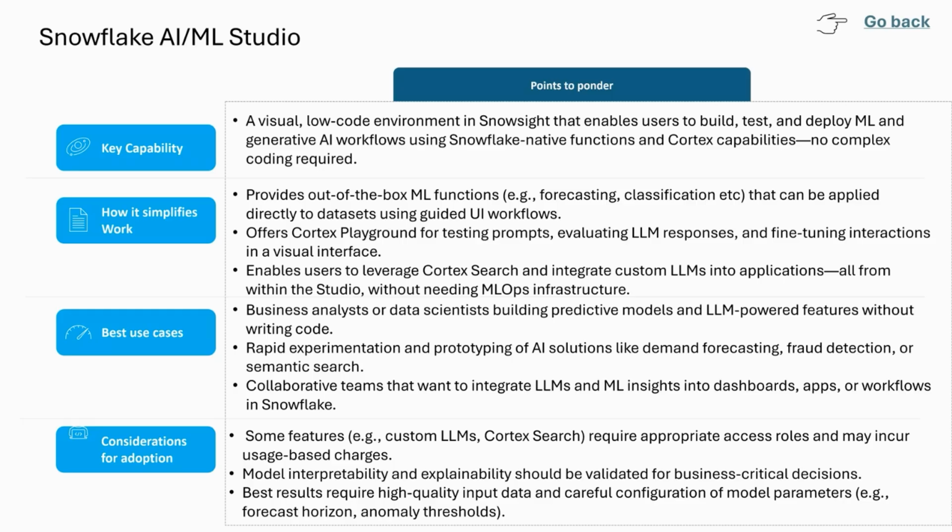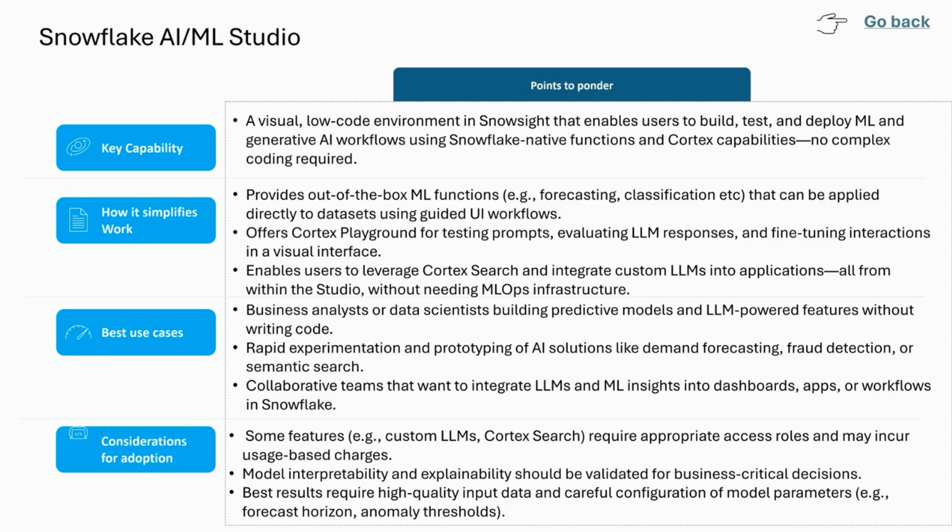All of this they can do using AML Studio in a few clicks natively within Snowflake. In terms of the best use cases, analysts or data scientists building predictive models or LLM powered AI applications can seamlessly use AML Studio without any complex coding required.